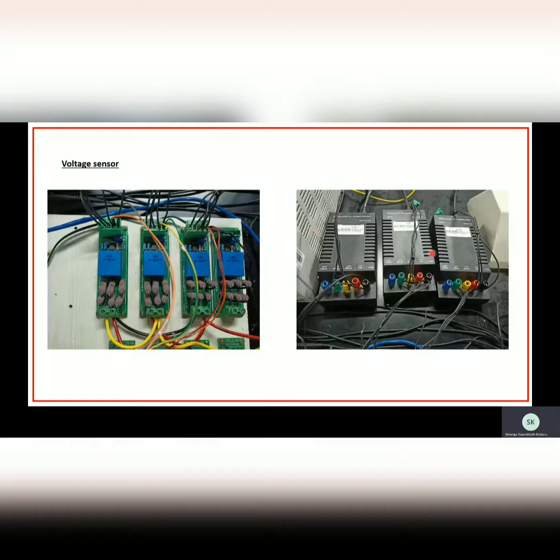And these are the voltage sensors. The voltage sensors are placed after the isolation transformer and before the TPDT switch, and they measure the line values from the grid side. So these three voltage sensors will give the output as analog inputs, that is, measured voltage values, to the sbRIO. These three voltage sensors are powered using regulated supplies, which are plus or minus 12 volts or plus or minus 15 volts individually.